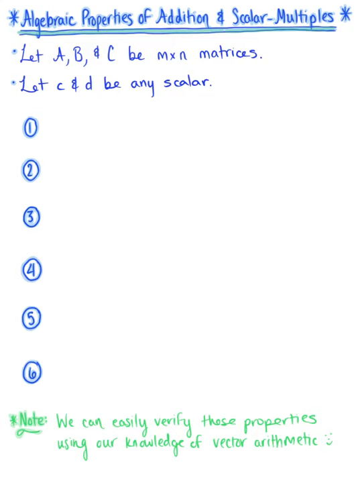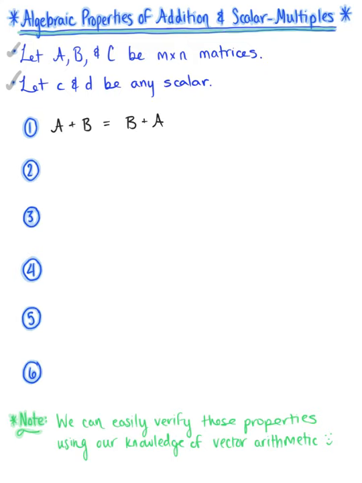So here, we want to let matrix A, matrix B, and matrix C be n by n matrices. We also want to go ahead and let C and D be any scalar our little hearts desire. So the first property says that the sum of matrix A plus matrix B is equivalent to the sum of matrix B plus matrix A. So the order doesn't matter. As long as they have the same size, we can combine these two matrices and we'll get the same answer